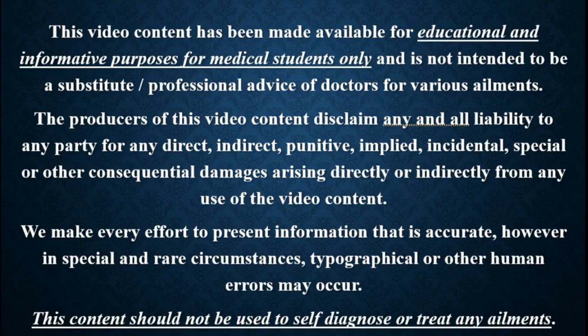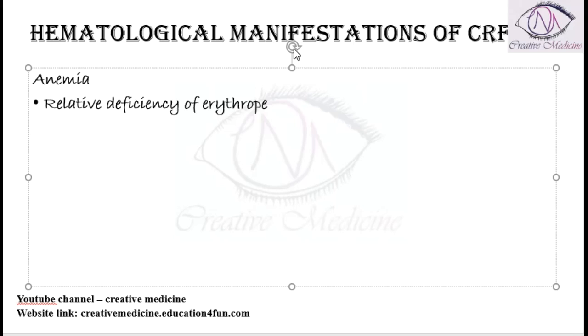In this lecture, we will learn about hematological manifestations of chronic renal failure. In chronic renal failure, the first and most common manifestation is anemia. In anemia, there is a relative deficiency of erythropoietin seen in the patients, with diminished red blood cell survival